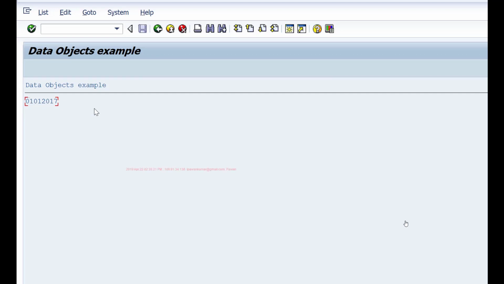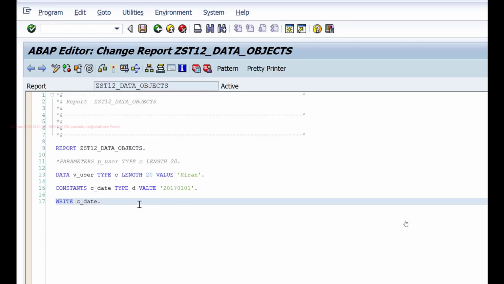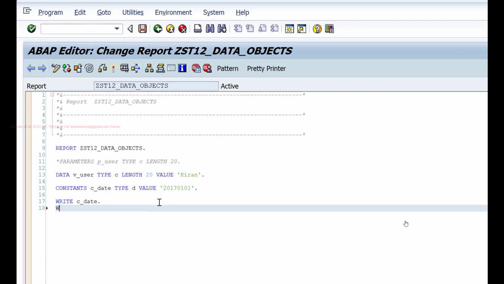So since it could not accommodate those separators, it truncated them. It converted the date into my personal settings format dd mm yyyy, but it ignored those separators because there's not enough space for type D. While we are here, if I print today's date using this system field variable, this has output length as 10.